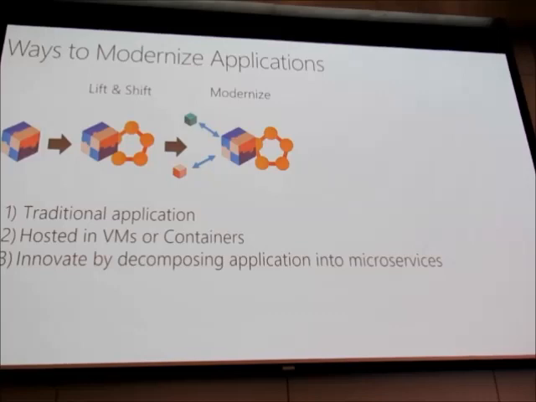And then the next term is modernization. With lift and shift, you literally moved your application to another place, just the same thing. You didn't do a lot. You just had to change the configuration pieces and host the same thing in cloud. The next piece is modernization, because you're going to do something different than what your application is today. You're going to change a couple of things, and this is where you're going to break or decompose your application. That's where you're going to make it into multiple microservices. So that's the modernization.